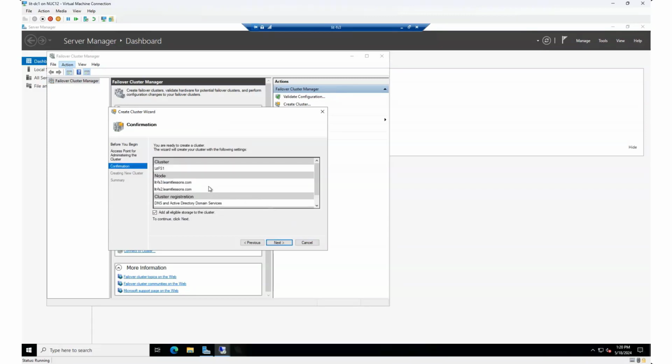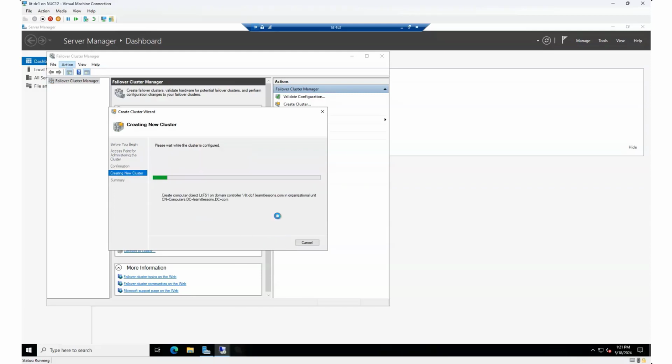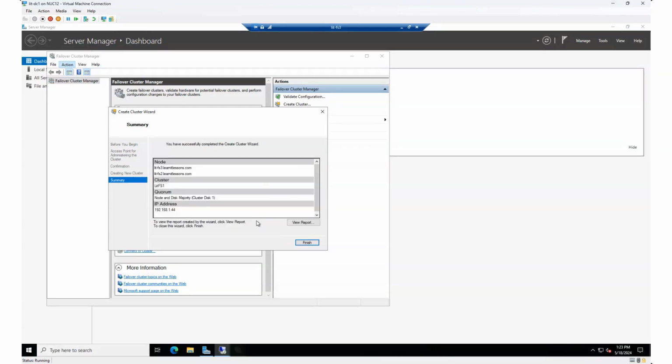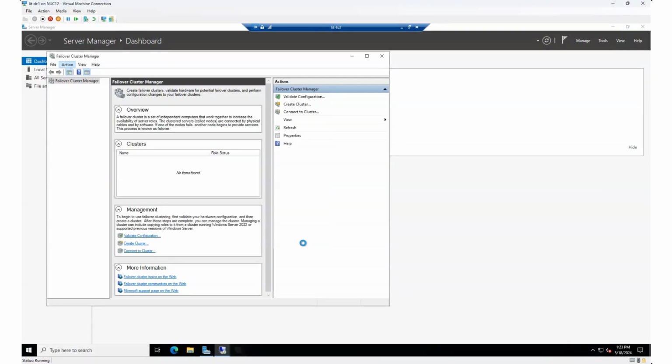And here it is, the confirmation information about our future cluster. It will be LitFS1 with the following nodes, LitFS3 and 2, and the IP address will be .44. We can also select add all eligible storage to the cluster. I'll click Next, and it'll create our cluster really fast. Okay, it's done. We can click Finish and see the Failover Cluster Manager